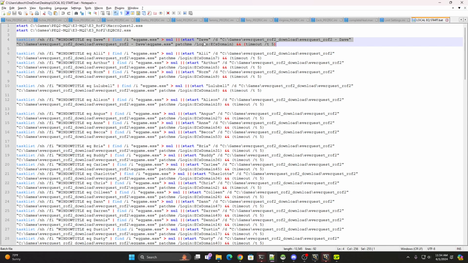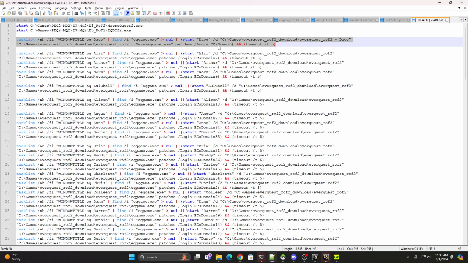And then you're going to do this stuff, character name again, this thing, the path of EverQuest, and then the executable path, patchme so that you don't open the launcher, and then the name of the